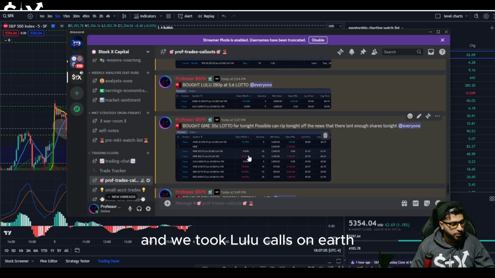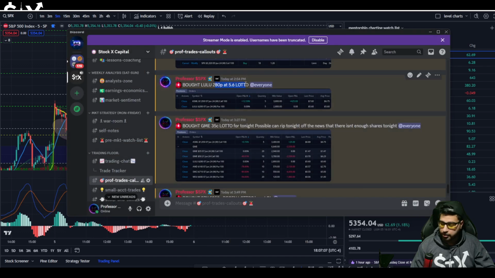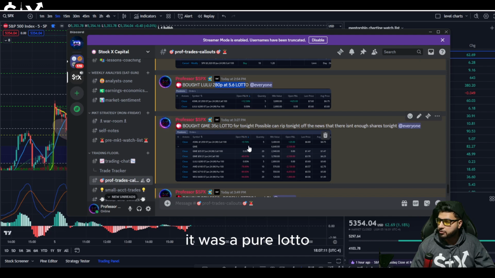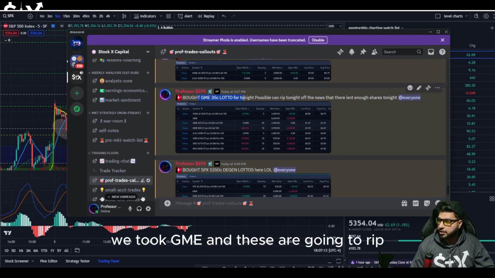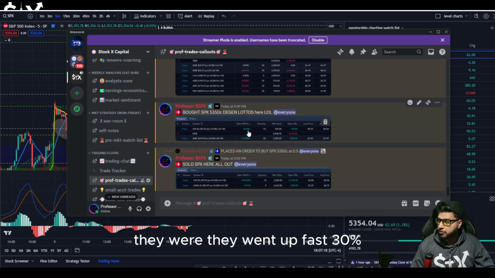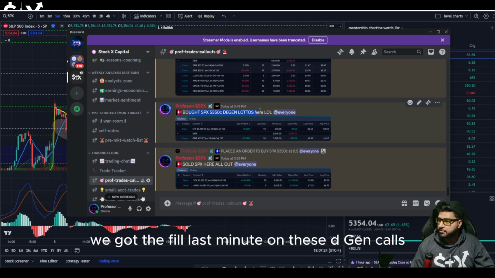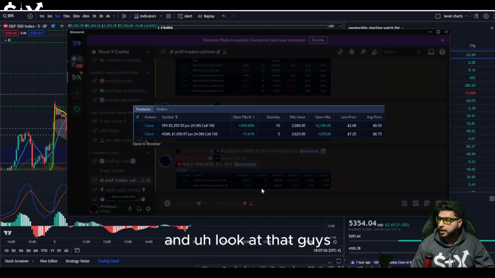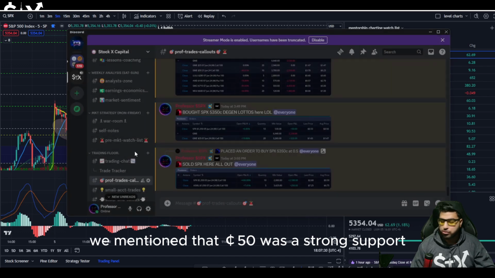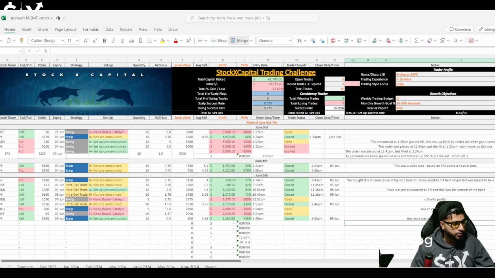and then we placed another order at 50 cents at 249, and we took Lulu puts, and these are gonna fail most likely. It was a pure lotto. We took GME, and these are gonna rip. That was because it was a squeeze. They went up fast, 30%. We're still holding them overnight, but we got the fill last minute on these degen calls, and look at that, guys. We mentioned that 50 cents was a strong support,